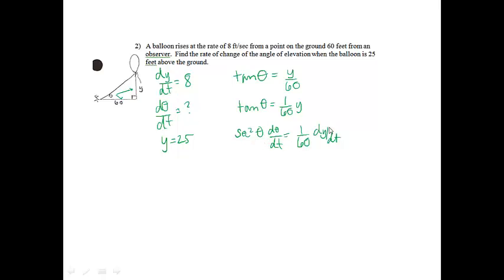All right, from here we're ready to plug stuff in. I know that dy/dt is equal to 8, and I know that y equals 25, but that's pretty much all I know. So it is time for a side trip. We're going to use the formula tangent theta equals y over 60. We know that y is 25. So to get theta, we're going to take the inverse tangent of 25 over 60. If you type in the inverse tangent of 25 over 60, making sure that your calculator is in radians, you will get a theta, which is equal to